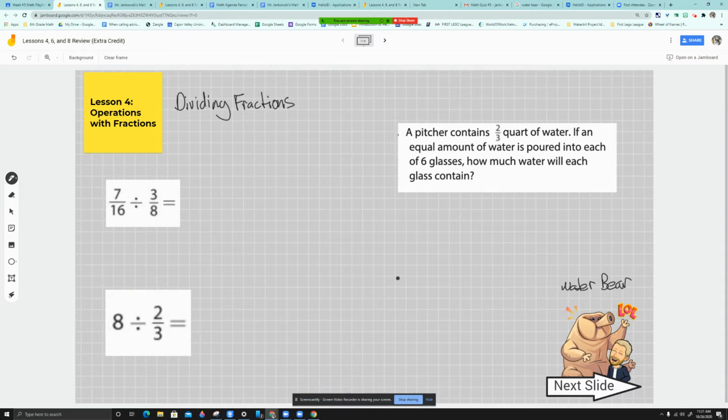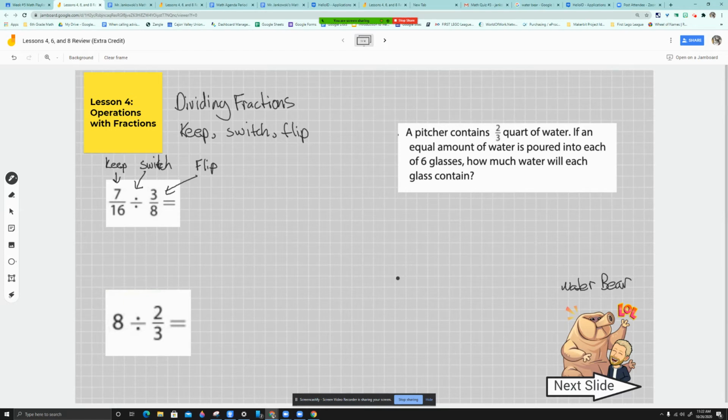All right, so with dividing fractions, it's important to remember the rule. And the rule we learned about dividing fractions was keep, switch, and flip. Now, you might have learned it keep, change, flip. It's the same thing. But what we're going to do with the first fraction, our dividend, we're going to keep this the same. But we are going to switch the operation from division to multiplication, and we're going to flip